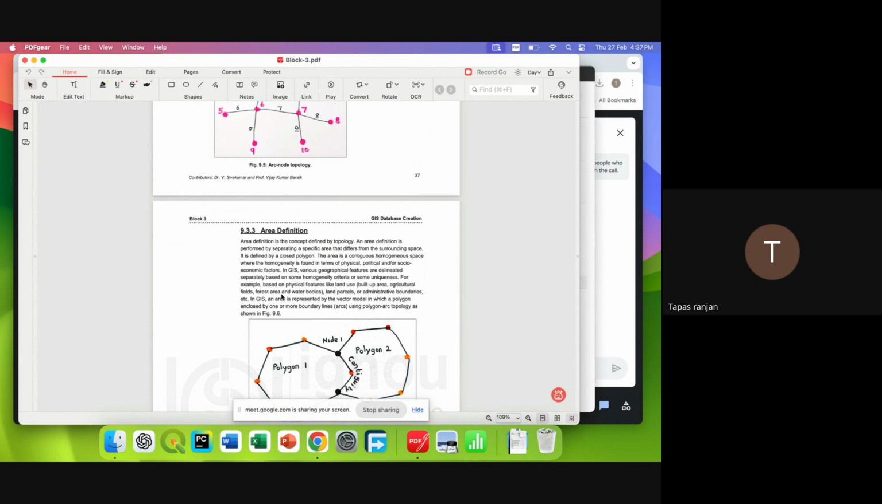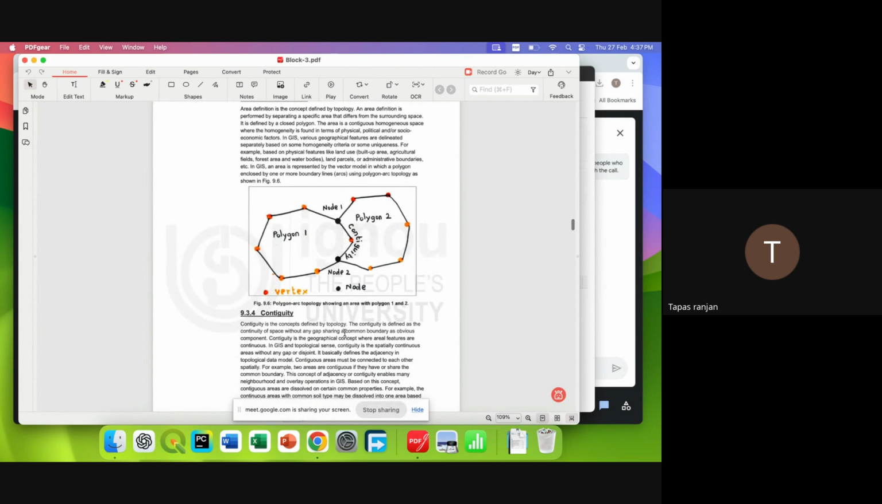Area definition, what do you mean by area definition? So it basically states that an enclosed polygon must be formed by a series of connected arcs. So that is the area. I mean, here, yes. Okay, so here,